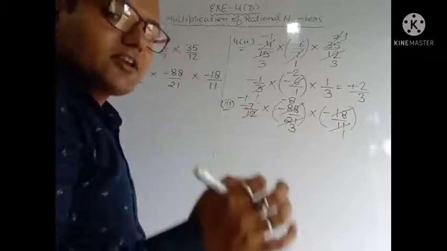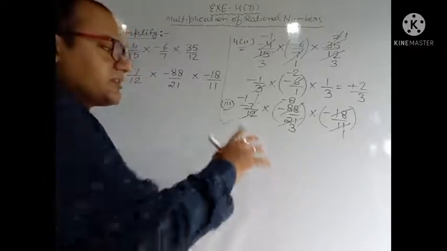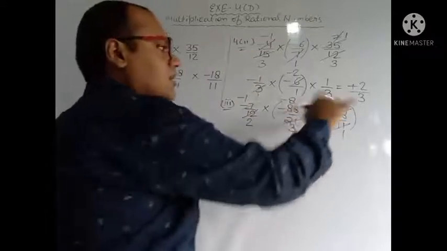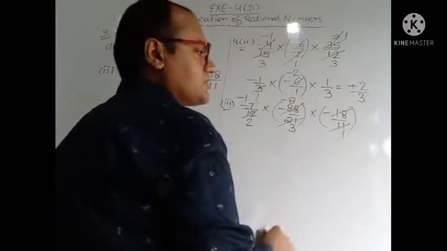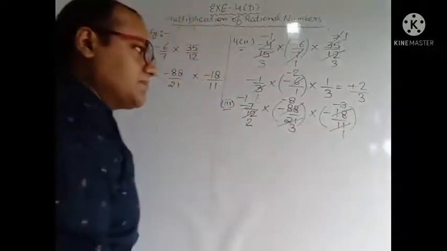So it's better you cut with the greater number. Greater number table we will take. 6 2s are 12, in the denominator we cut it. Now this numerator number we will cut with the table of 6. 6 3s are 18, minus is there, so we will put a minus sign here.